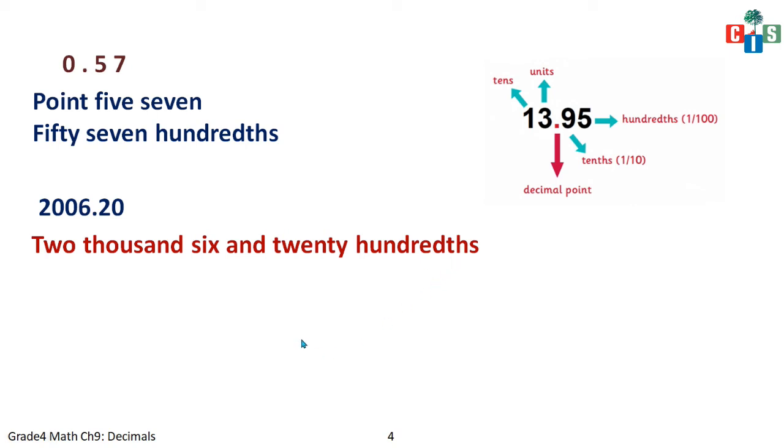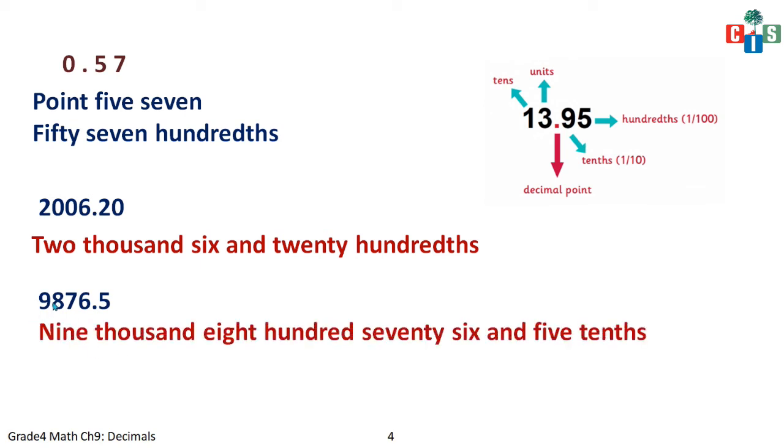Okay. Let's take one more example. It's saying 9876.5. This is the first way. Now the second way you will write 9876 in place of the point and 5 in place of 5, and which place is 5 in? It's in the place value of 10th. So you will write 10th. I hope it's clear to you.